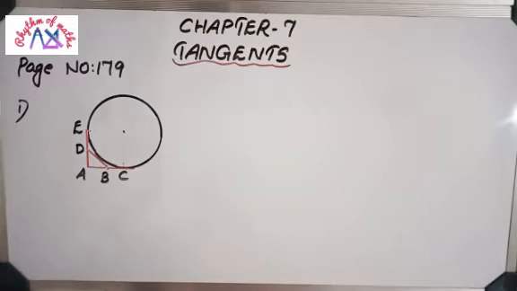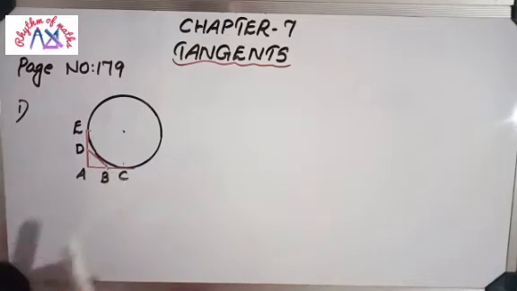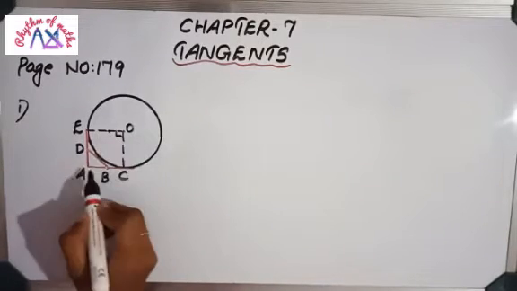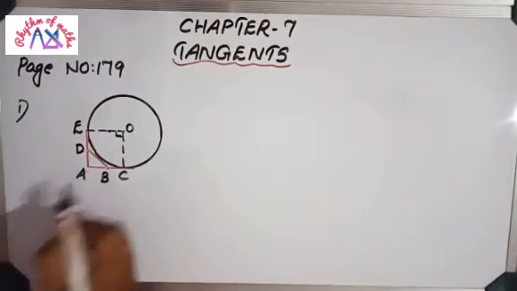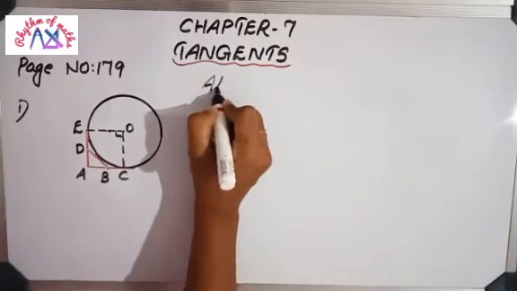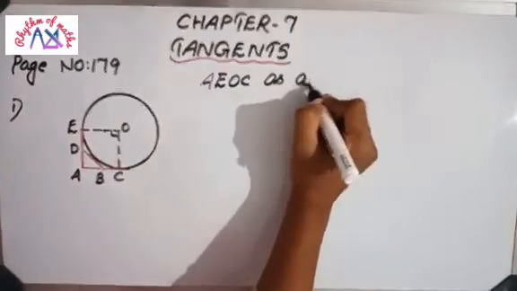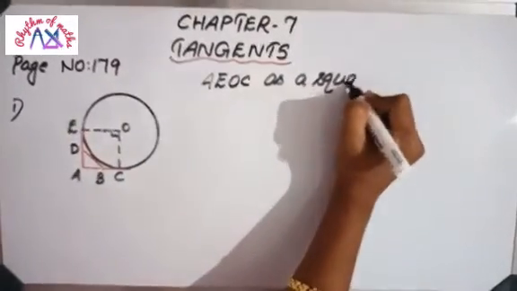First of all, let's mark from the center to this point. That means let's mark the radius first, like this. So OE and OC are the radius of the circle. We know a radius and a tangent are always perpendicular. That means 90 degrees. So all are 90 degrees. Here it is already given that mutually perpendicular means 90 degrees here. So we can consider A, E, O, C as a square.